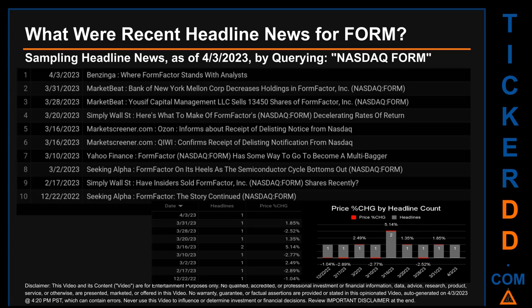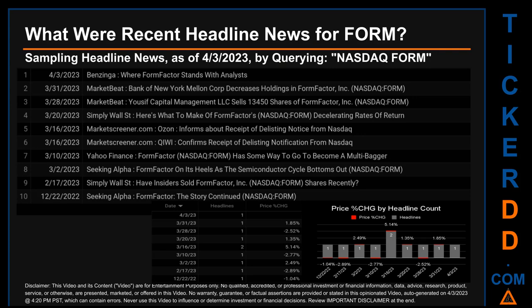Today, Monday, April 3, 2023, I sampled one of our news aggregators for latest headlines for this ticker. I did so by searching specifically by a keyword that may appear, broadly, in the title or the body, of discoverable news articles. The keyword that I used was a combination of the exchange and the ticker symbol, NASDAQ: FORM. The results show 10 unique headlines, published across 9 unique dates. Publication dates spanned 102 days.